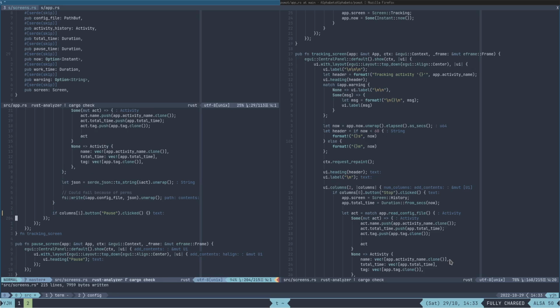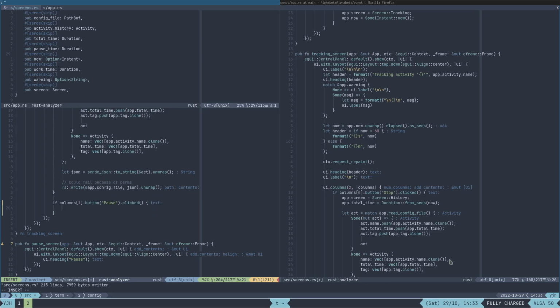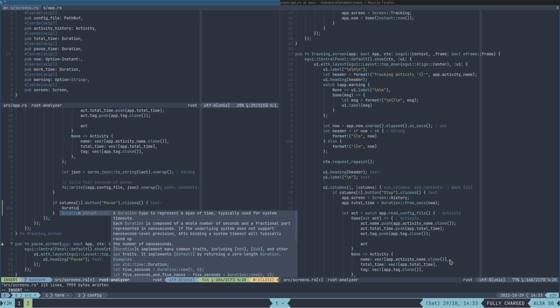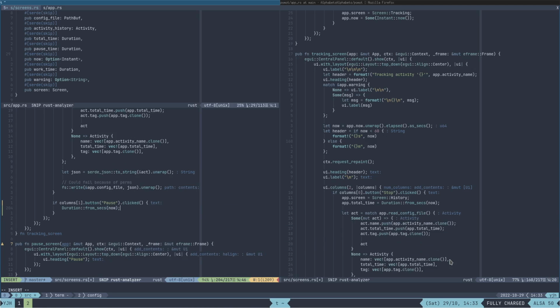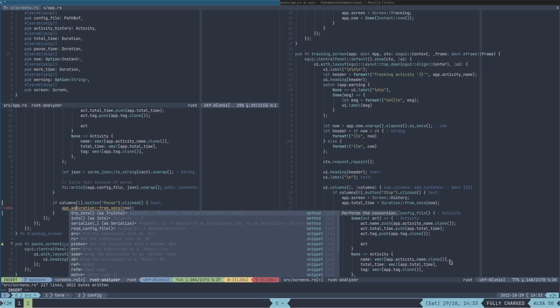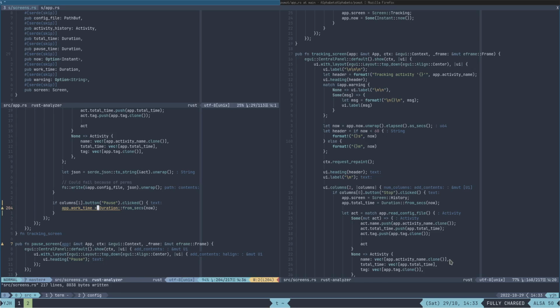So what's the error here? Okay, there shouldn't be one. Alright. So we got now is the seconds. So duration from seconds now. Right. So app.work_time equals this. Okay, cool. So now we come inside here,